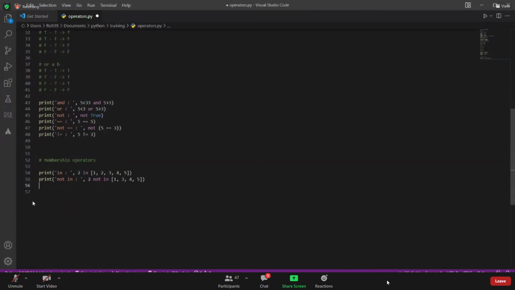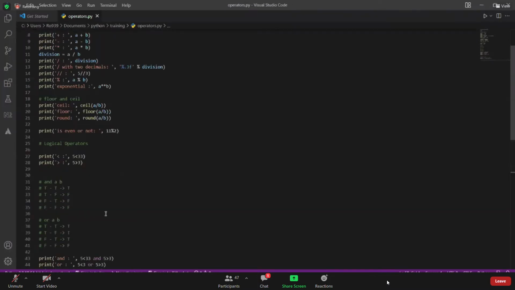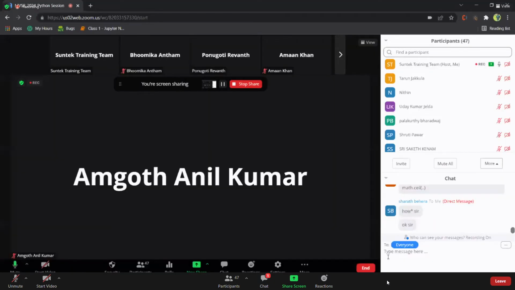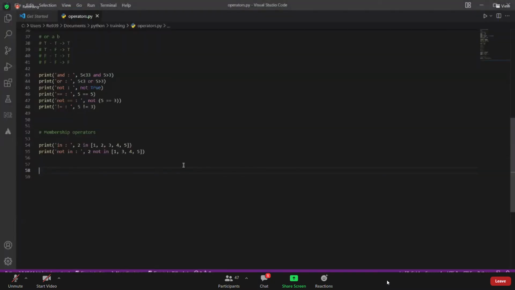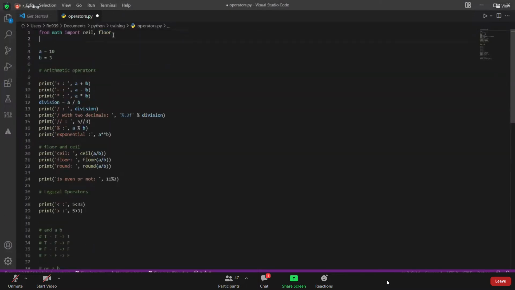Every operator which we are discussing, all the values which you are trying to do over here, I'm also adding it. Please also try it out from your side. Every integer, doing some evaluation by dividing, multiplication, or finding remainder, ceil, floor, and things. So if someone has any doubt on this one,